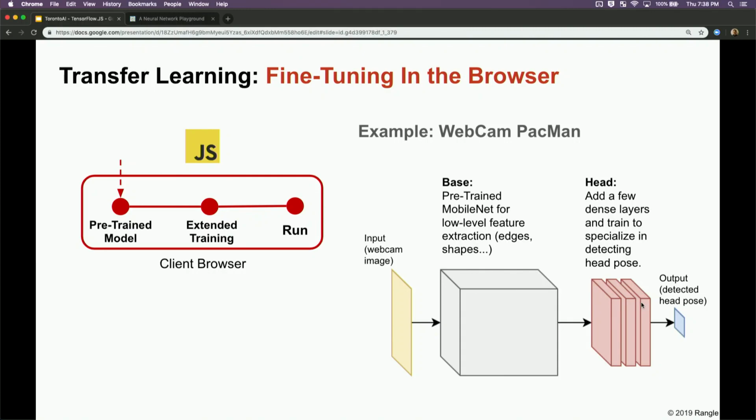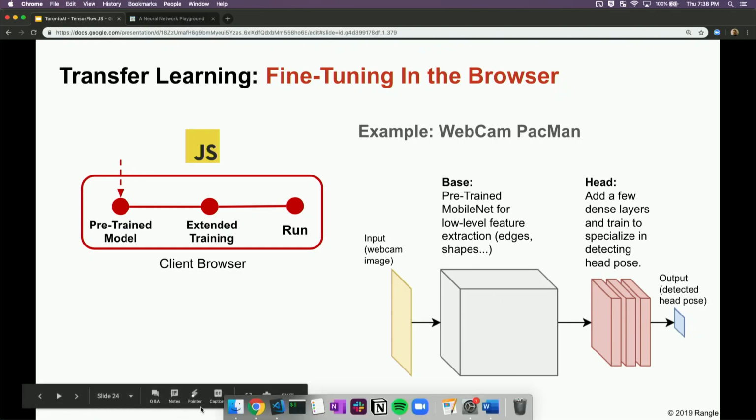And that output of this model is going to become the input to the classifier that we train. So it's not this data that's going into these layers, but it's this data already cranked through that model. And then it's just going to train this section to associate the webcam input with specific gestures.